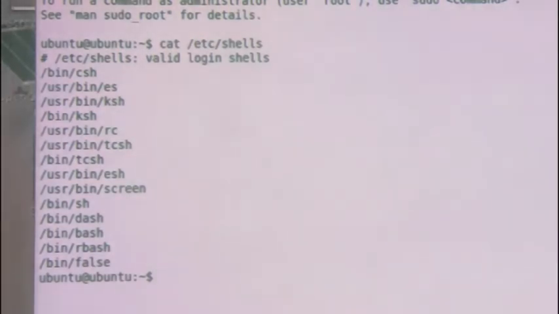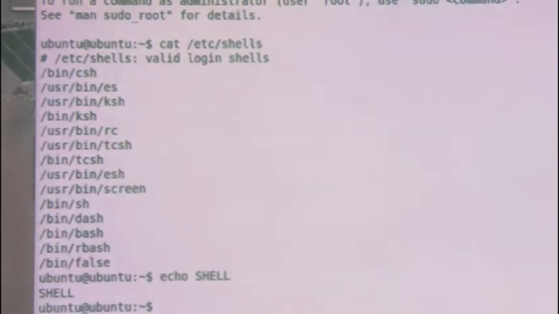So many shells are there, so how will we know in which syntax we have to type the commands? Syntax means the language type of thing. So we should first know which is the default shell. How to know the default shell? First I will do that and then I will explain something more. Echo is a command. If I type here echo SHELL, then when I press the enter key it will display the name of the shell.